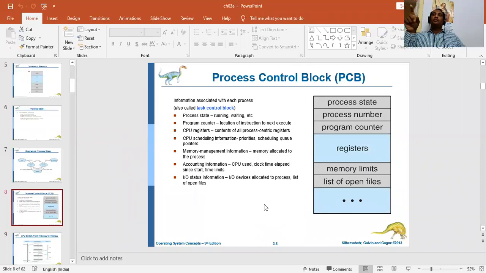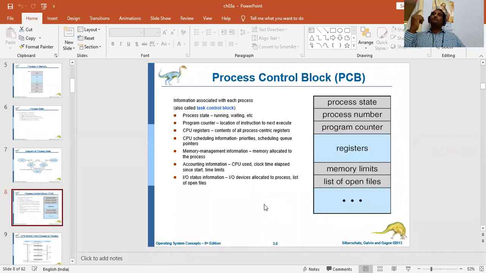It will also maintain the counter of the process, that is how many times I'm using this page, how many references I'm taking for a page. So based on that program counter, it will move back to the previous page and retrieve back the information which I have already entered. So that is what is called the program counter.